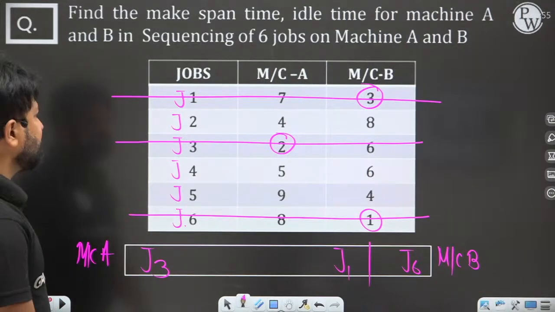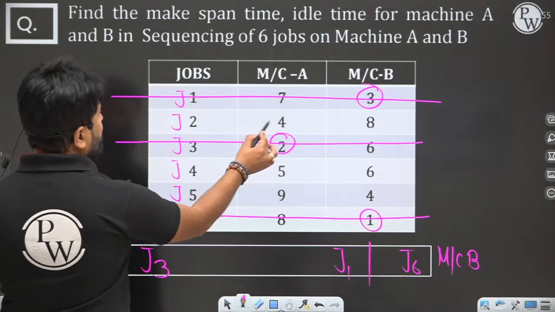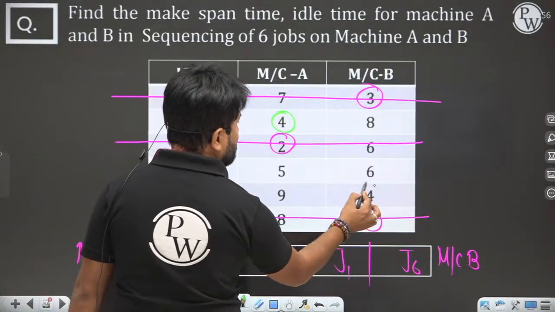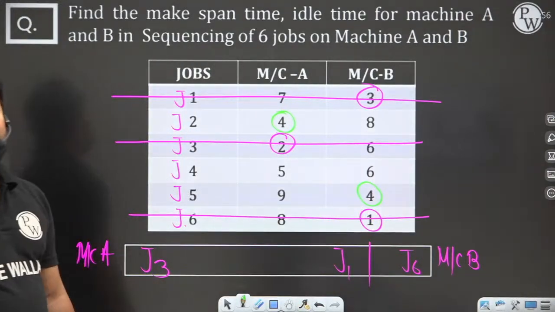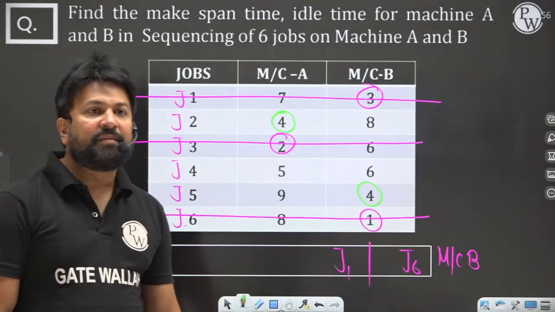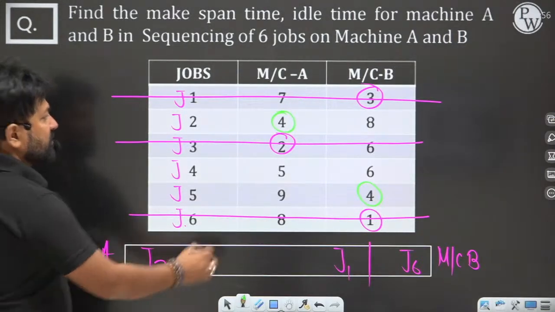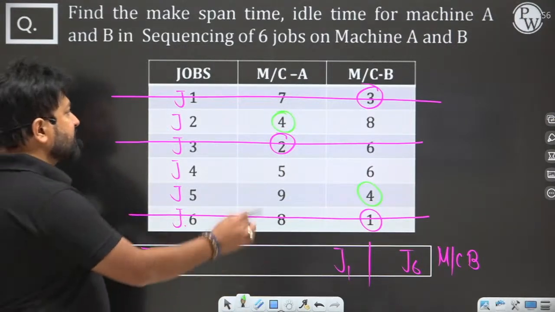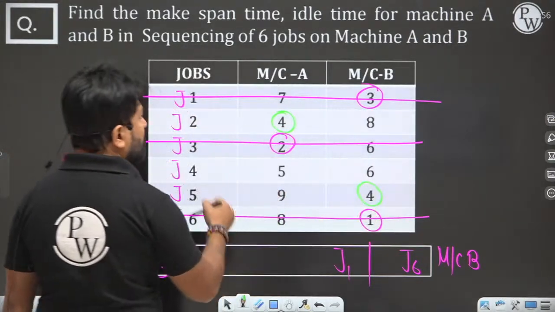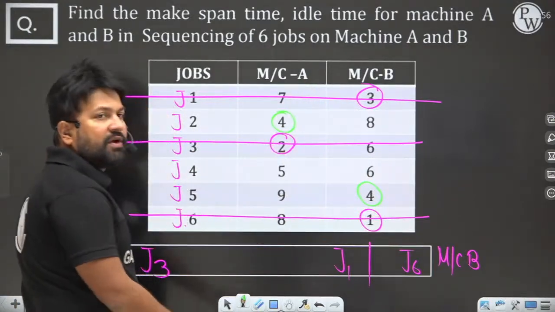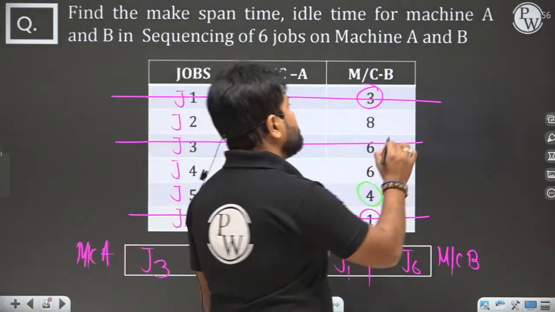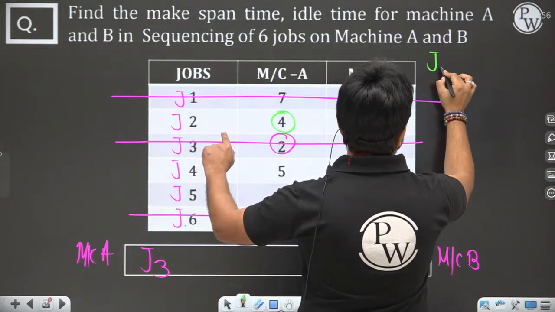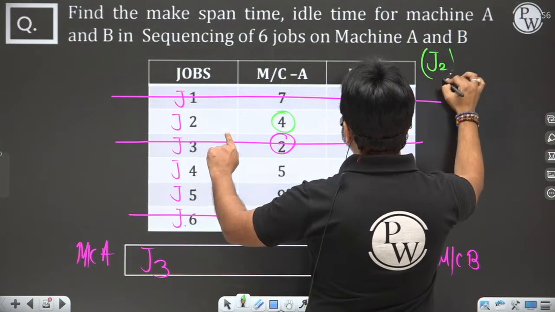Now again select the minimum processing time. Oh my dear, 4 and 4, they are equal. What to do? Here 4, 4. Two processing times are equal, of different jobs on different machines. What to do? The rule says that when there is a processing time, that is J2 on machine A,